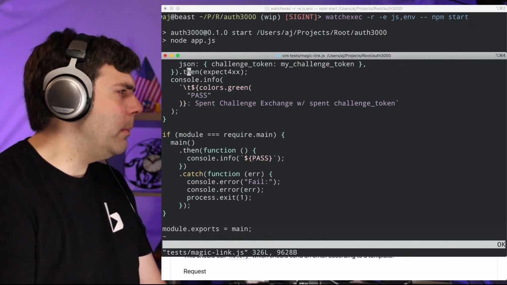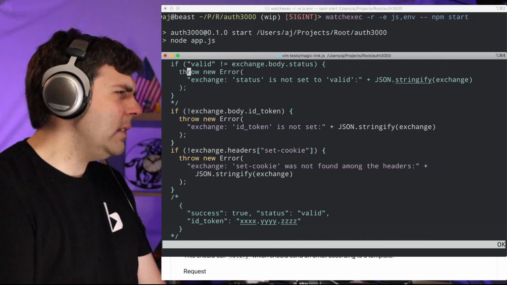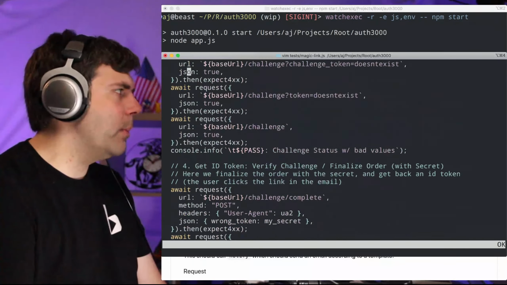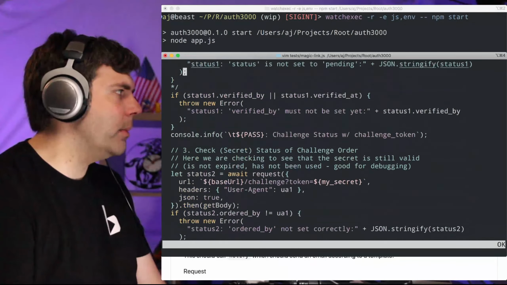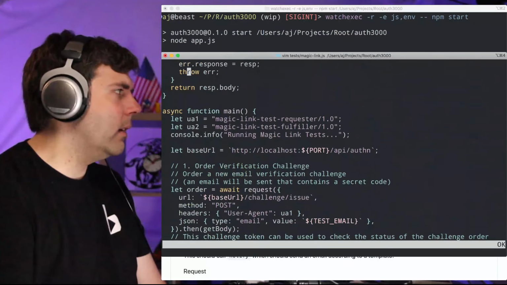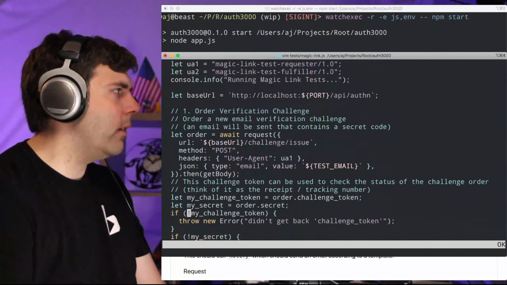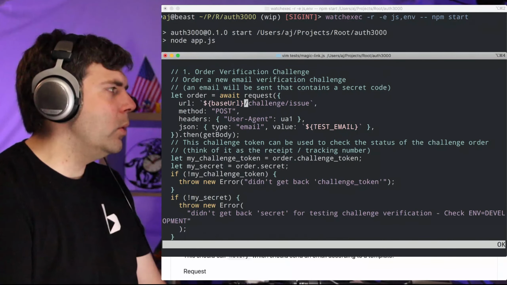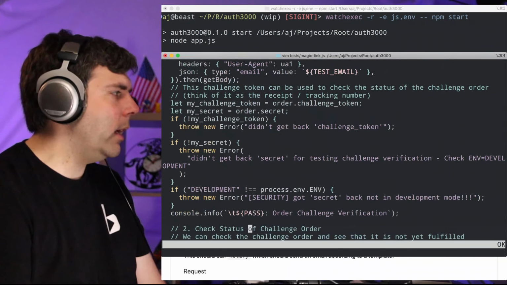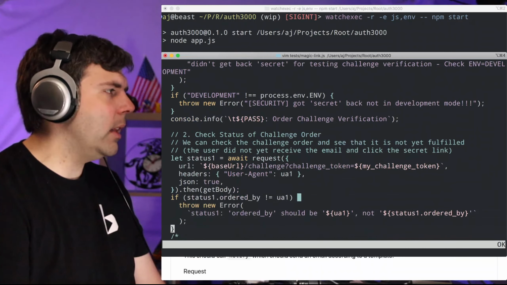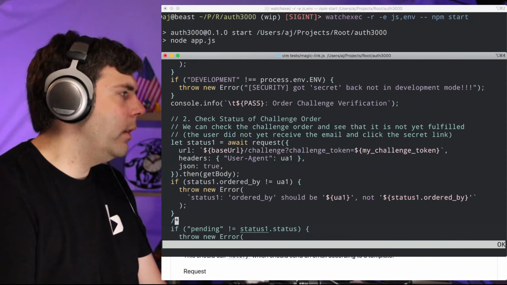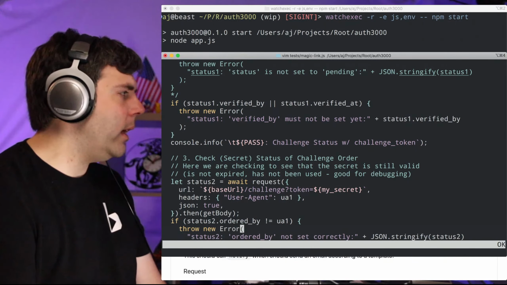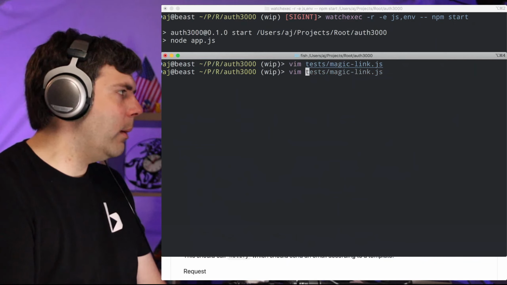This is what we did, I think, the time before last. Was it last time or the time before last? We converted all the tests from, well, not all the tests, but all the magic link tests from Bash to JavaScript. So now this is a big, long thing. Sorry, I'm scrolling so fast you can't see any of it, but it doesn't matter that much. If we go from we're going to make an order for the magic link to we're going to check the status of the magic link, which of course should be not verified, we go on and on and on. And I have it so that if it's in development mode,